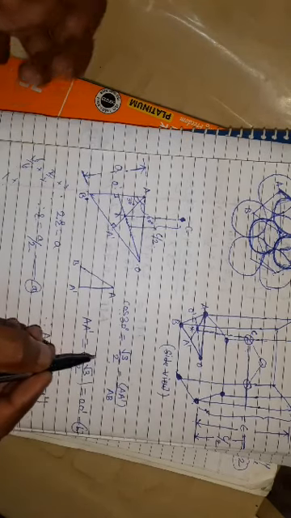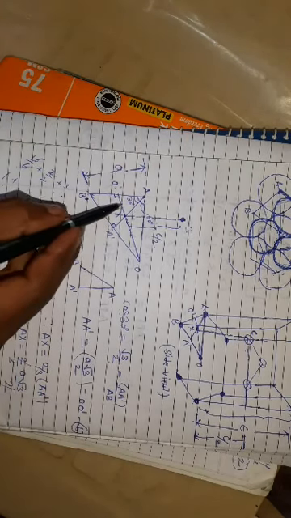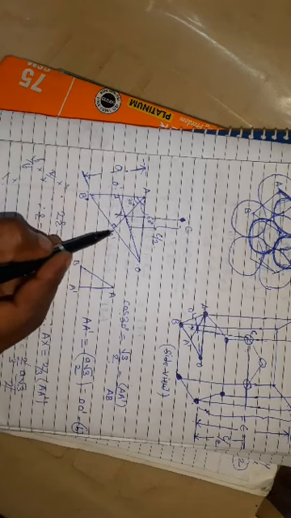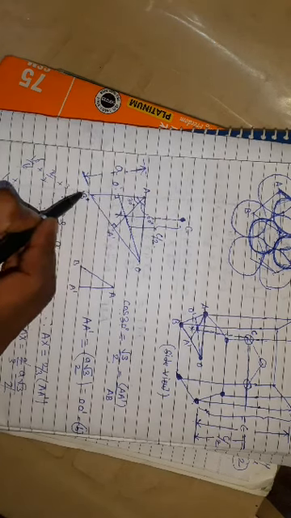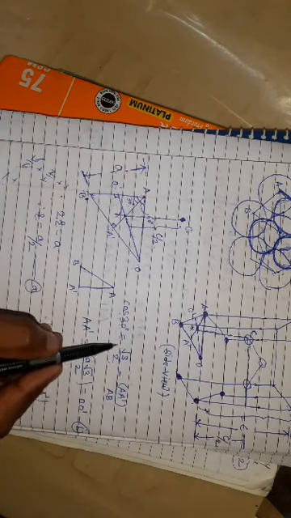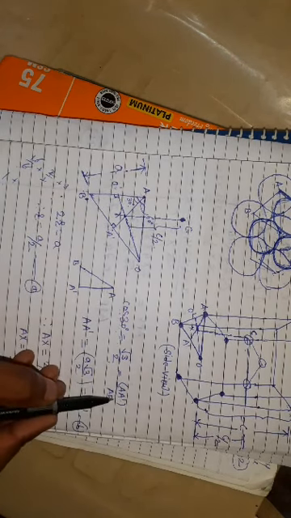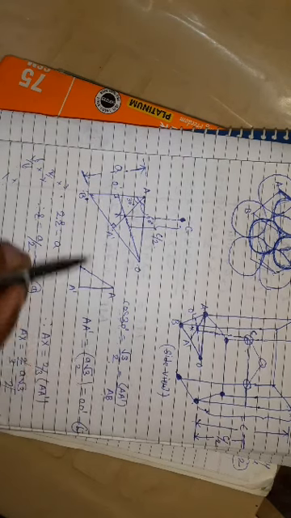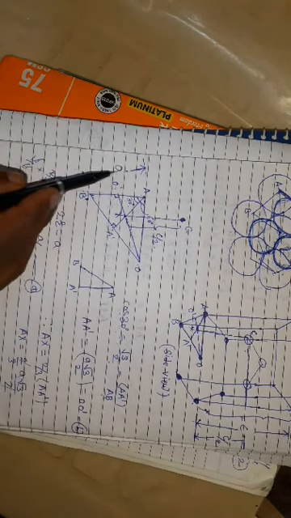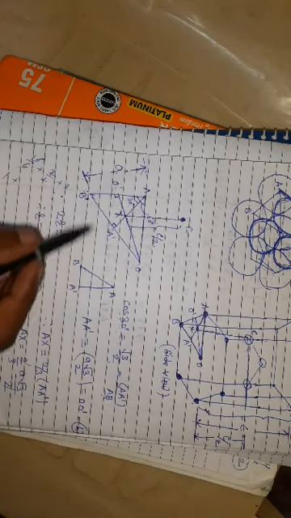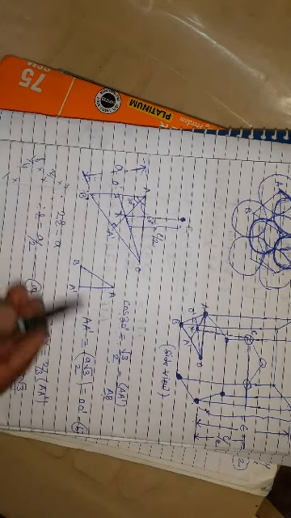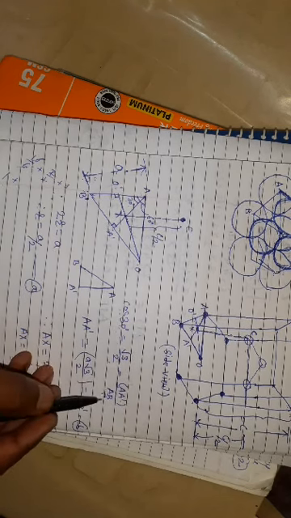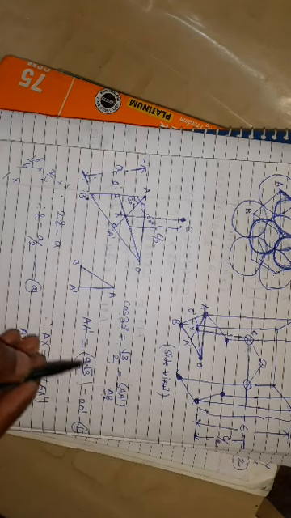What is the cos for this angle? That is the adjacent side AA dash divided by hypotenuse AB. Is it right? Means the cos 30 angle is equal to AA dash divided by AB. What is the value of AB? AB is the A. This here is the lattice constant or lattice parameter. Put this value here to find out the value of AA dash.